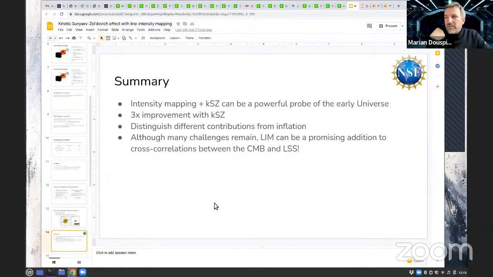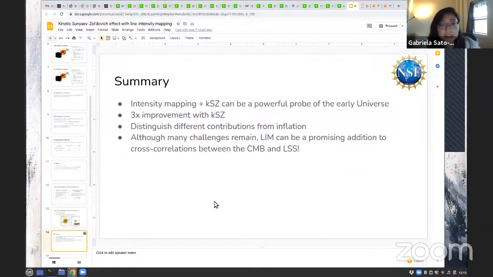And the related question is, is this possible in the presence of continuum foregrounds in the intensity map? Yeah, so that is a very good question. It's definitely a challenge that these kinds of measurements face. I would say that, for example, CII and CO, these other lines that aren't 21 centimeter do suffer a lot less from these issues. So it's not as dramatic as you're probably thinking about with 21 centimeter measurements, but it's certainly a problem that needs to be addressed.